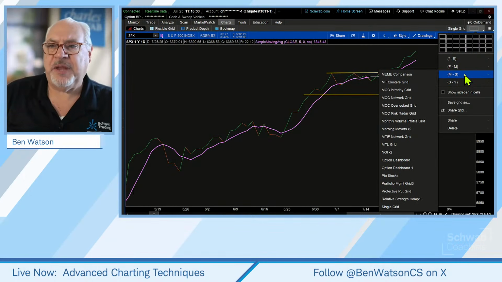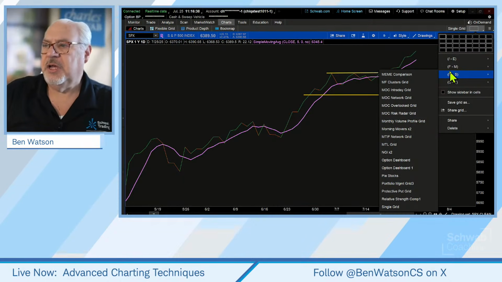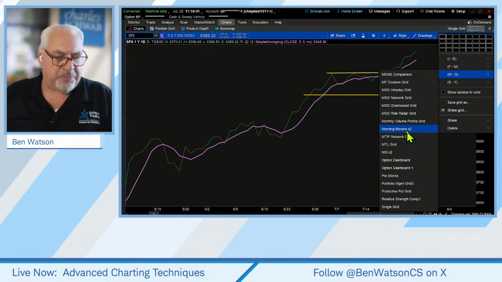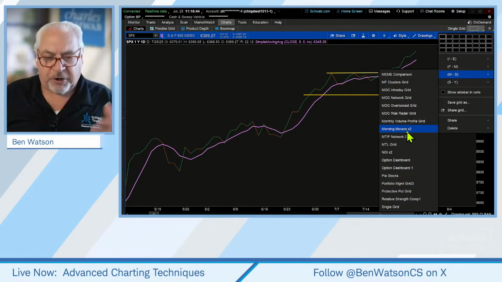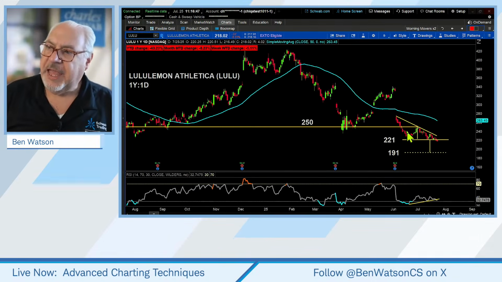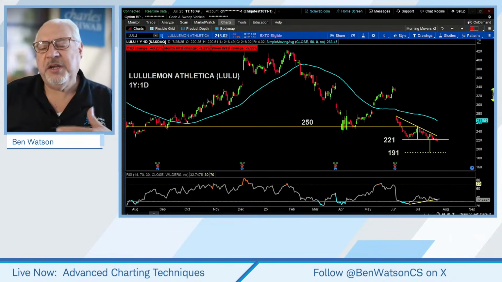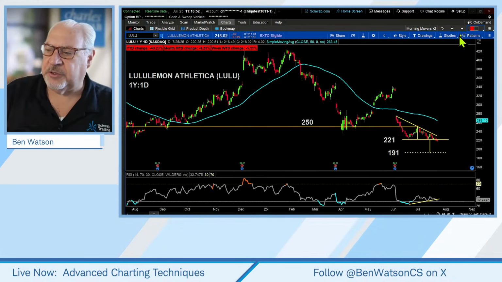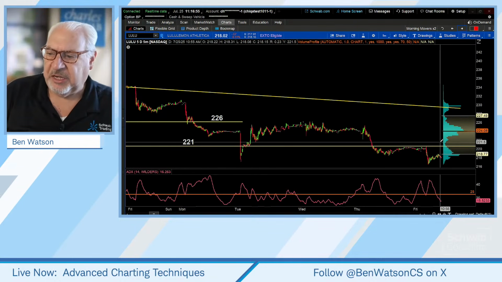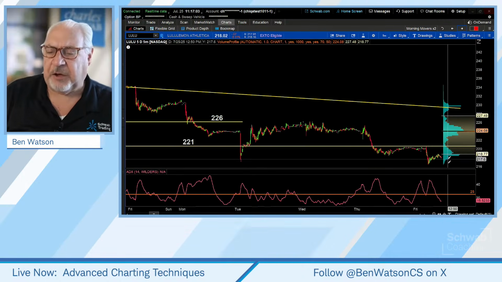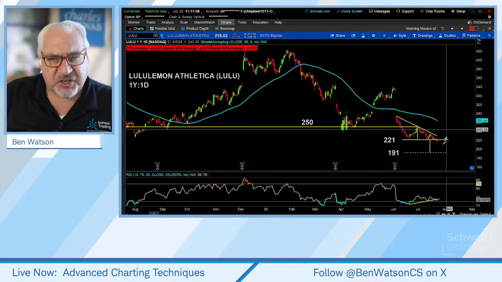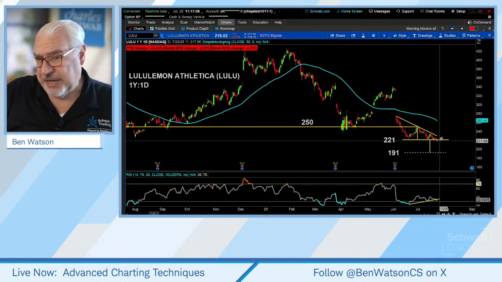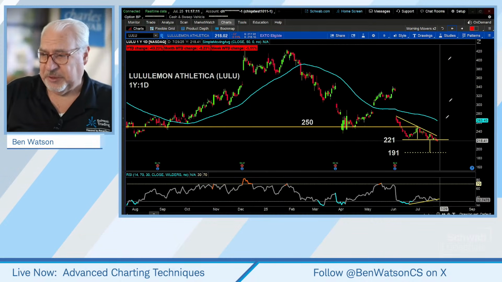But if I'm on the Schwab Network, I might use a combination of two different time frames. This is a yearly chart, and then I might go to a 5-day, 5-minute chart and compare those two different chart time frames. As I look at those two, one gives me confirmation of the other. I notice on the longer term chart that Lululemon in this particular case is breaking down below that moving average or that support level that I've drawn in. And then I look at a different time frame and I can see that this trend in the shorter term time frame is down. That's disparity of time frame confirmation of that price momentum or that price movement.